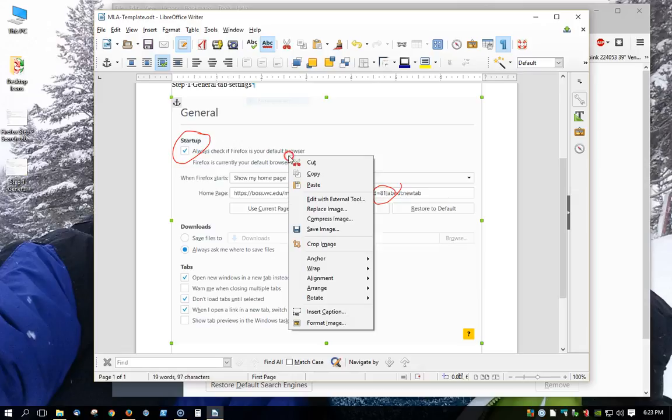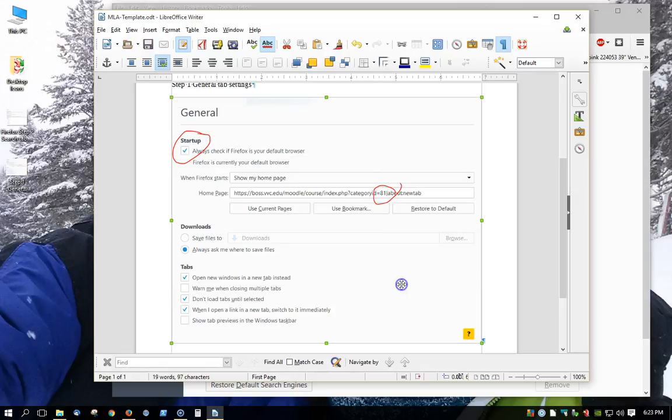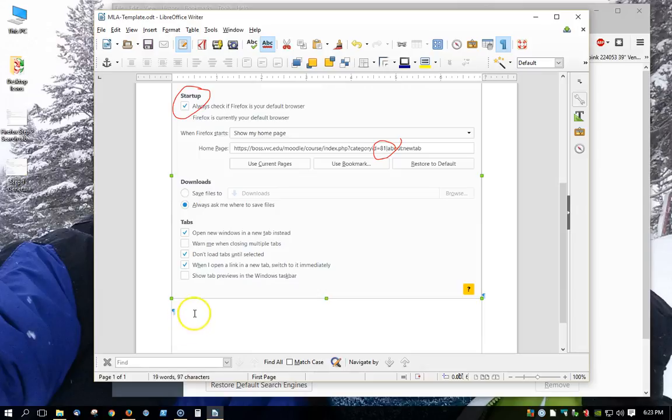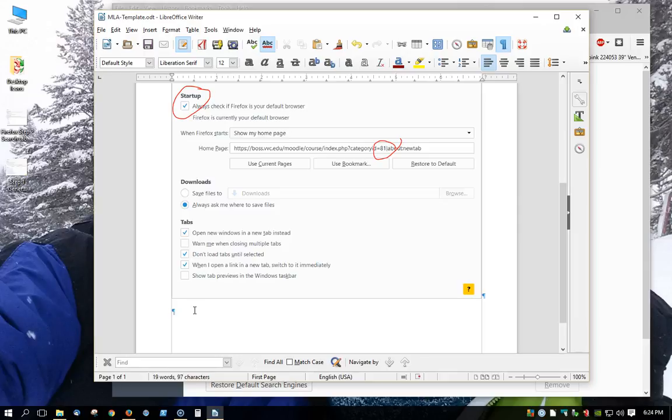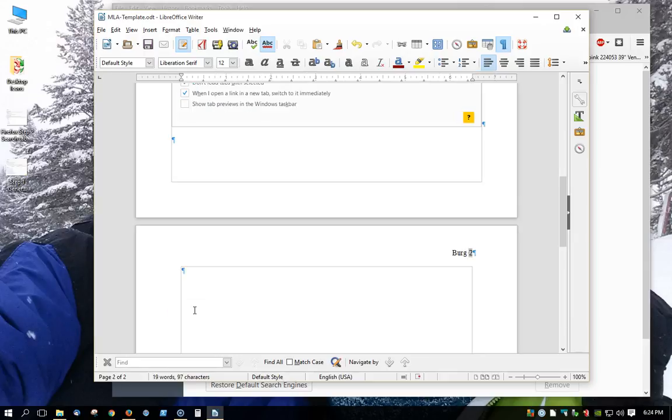So you need to first right-click your picture, go down to anchor, and make each picture act just as if it was any other character, just like a character in a word. Then you go to the line below it, and to make a new page, unless the pictures are really small and you can fit more than one picture per page, just put one picture per page. So we go underneath there, and return adds 1 line, control return adds 1 page. Again, give yourself 3 lines, go up and create a caption. Step 2,